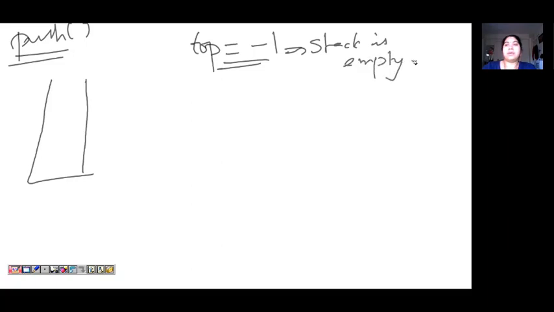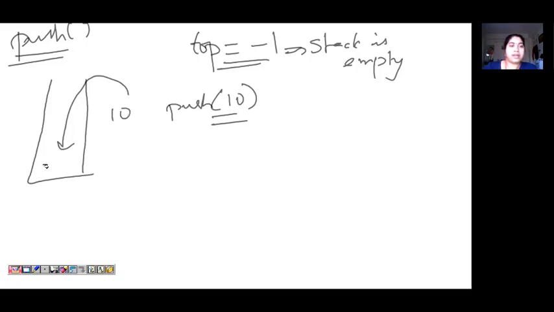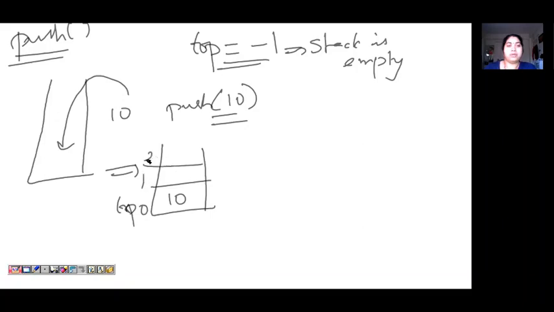Now I want to insert an element, I want to push 10. I will just push 10 here. After inserting 10, my stack will be like this and top will be pointing to this one. 0, 1, 2, 3, like this.